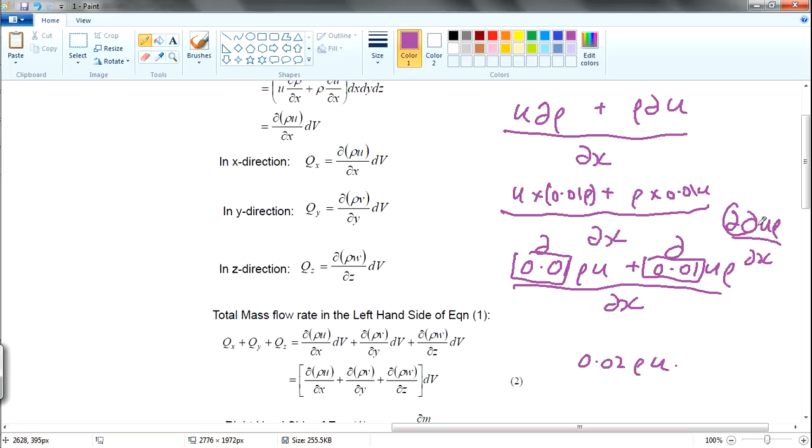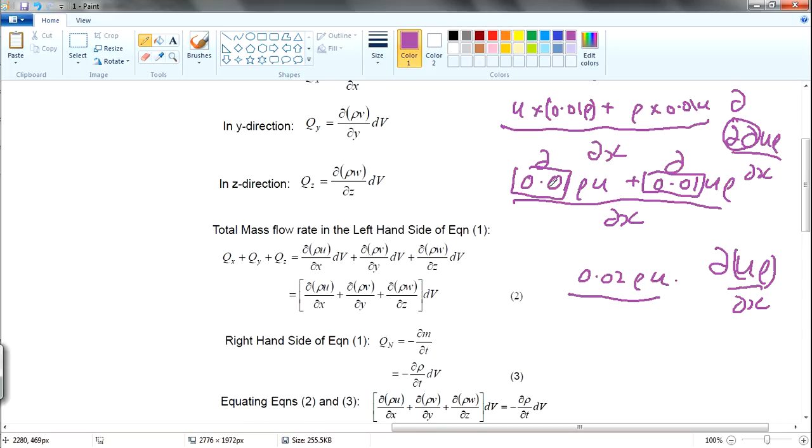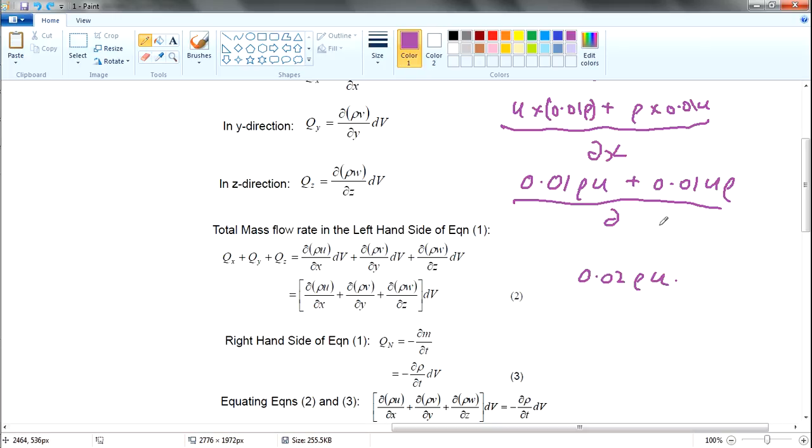So in this case, this 2 del is actually del also, because del is a very infinitely small number. So you see, this is why we have del u rho over del x. In other words, I don't know whether you understand, if you were to continue to sum it, 0.01 rho u plus this, you have